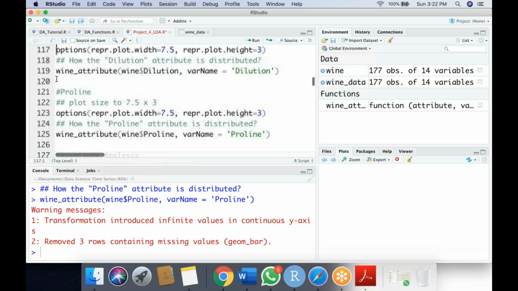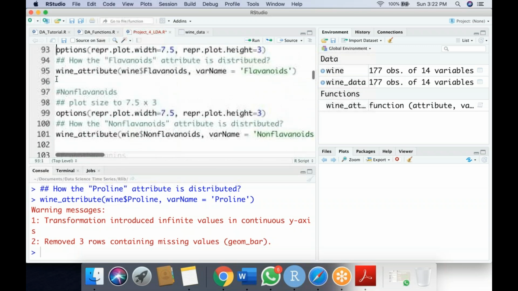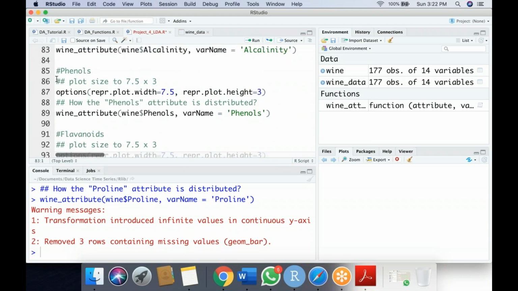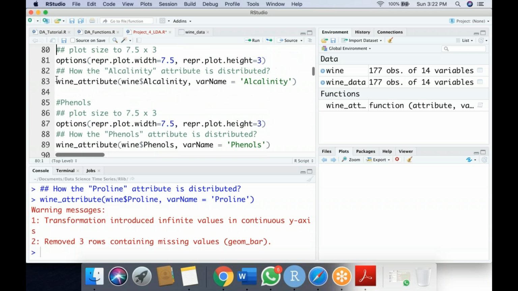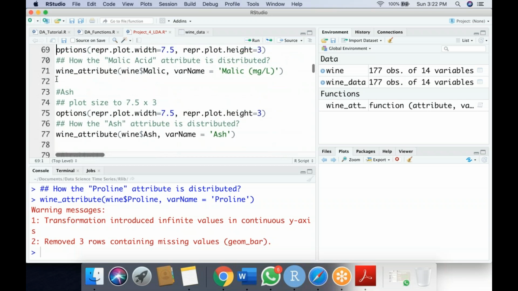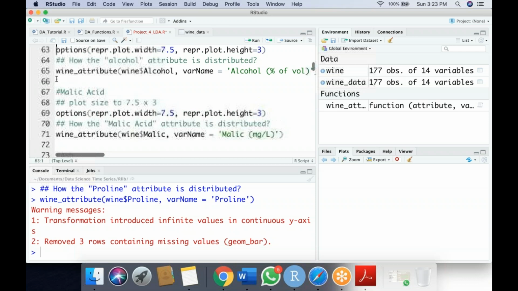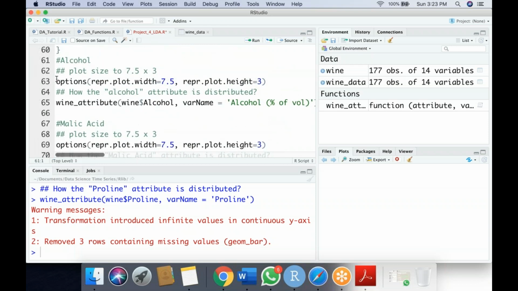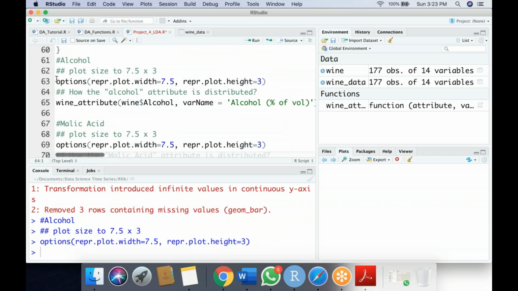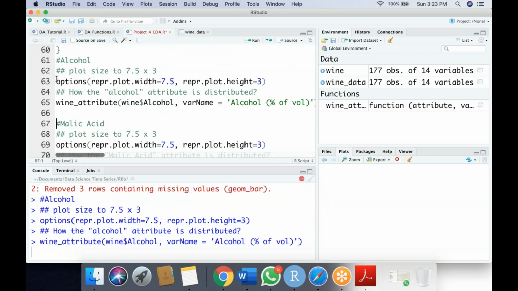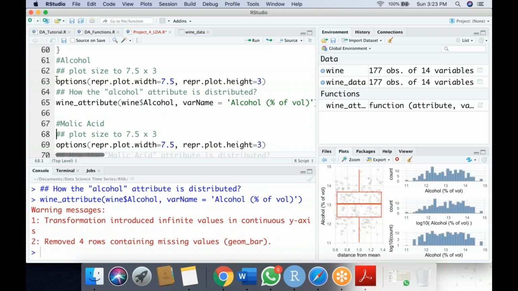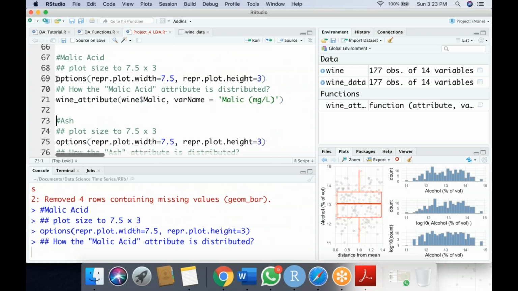So we have got the plots. From your understanding, which ones have got some outliers and which ones have got some distribution problems? So this was for alcohol. We have looked into it. Next, if you look into malic acid,